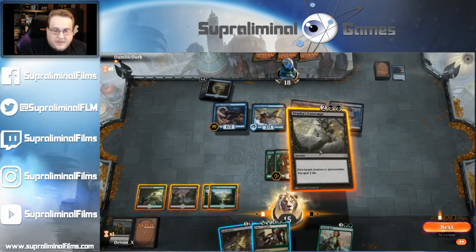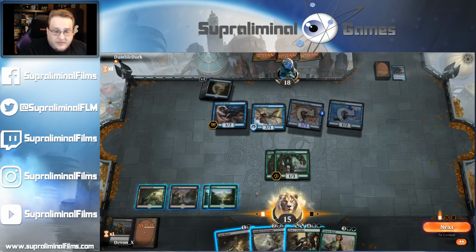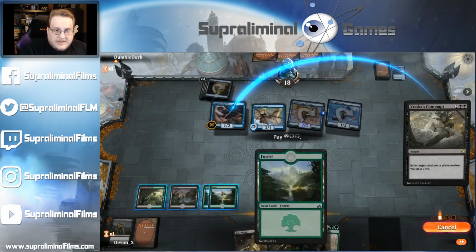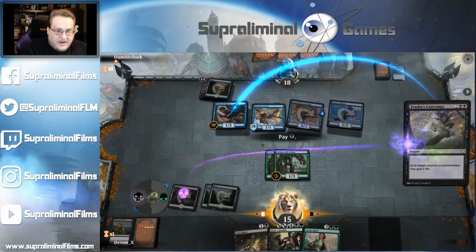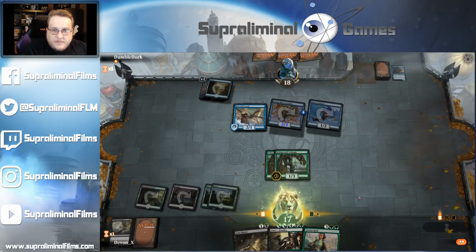I'm going to hold the cast down because I want to be able to double spell, and that gives me an opportunity to double spell a little bit quicker. I'm going to take this out because it gives them the best way to find answers. It's some of the lesser damage, but